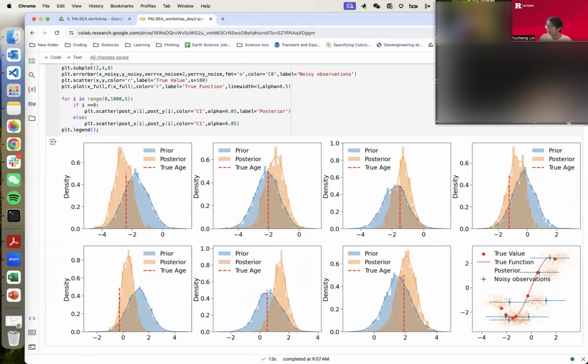Okay, so I might just continue, because we have more exciting things about spatial temporal. So if you have